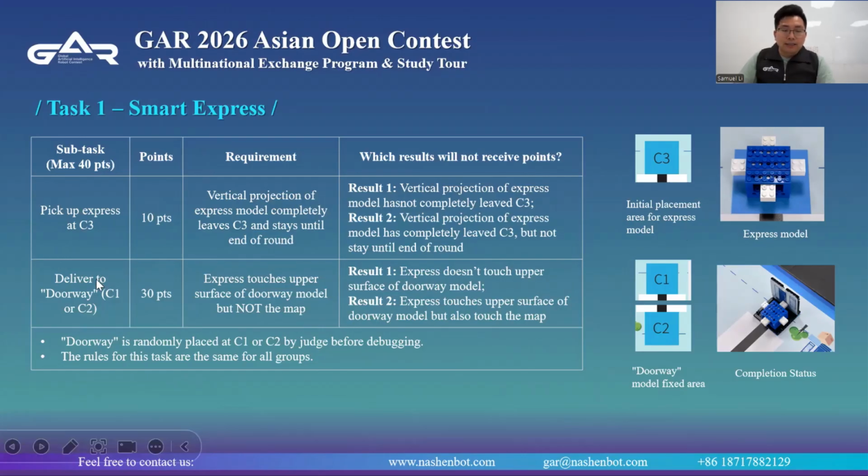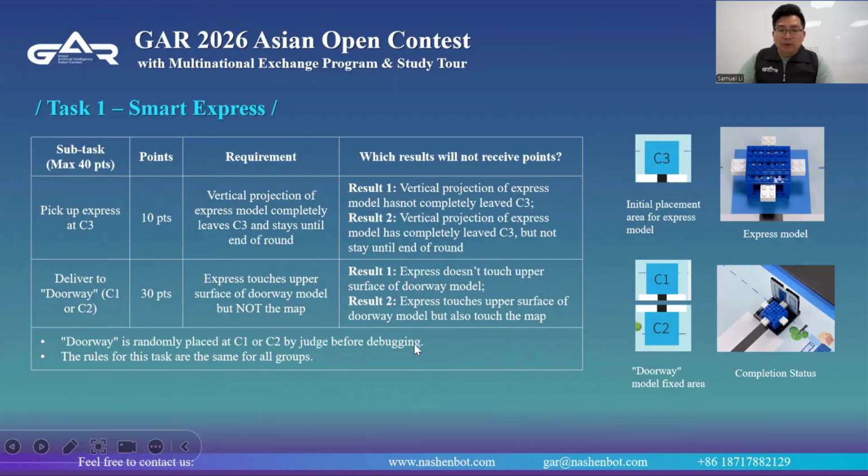The second step is to deliver the express model to the doorway model, placed on C1 or C2.